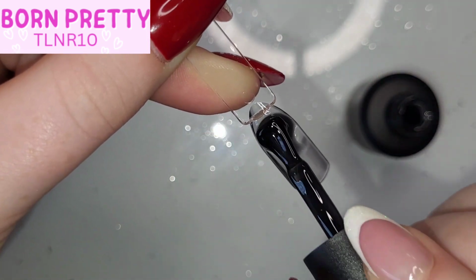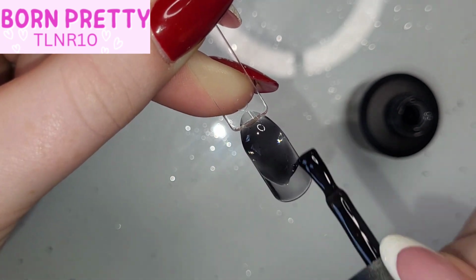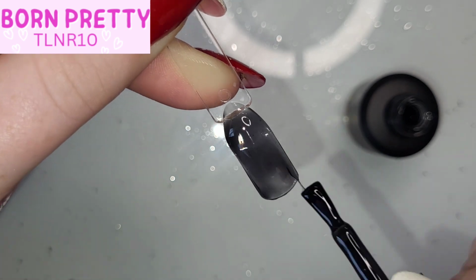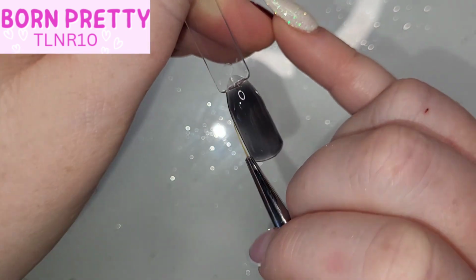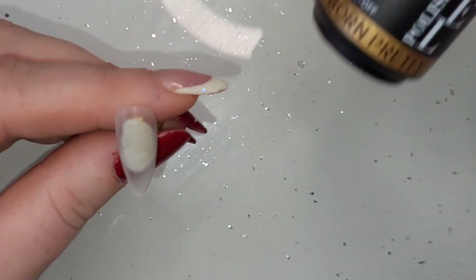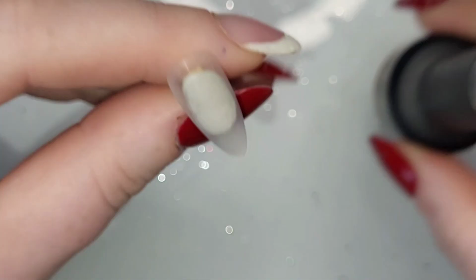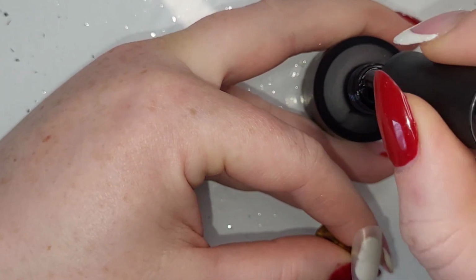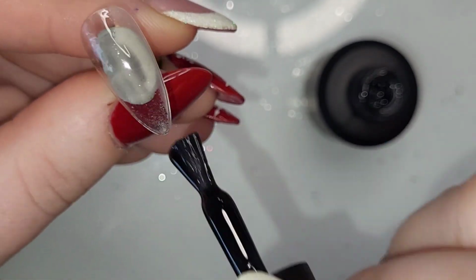So the black, I'm just going to treat it like it was like a builder or something like that. Nice thin coat, little slip layer first, and then nice big blob, wiggle it down the rest of the nail, flip it upside down, get a nice thin brush and pull around the edges and give it a cure. So I've grabbed 5 almond shaped nails, all the same size, because I just ordered a load of size 3, I think it was, from Beetles. So I thought they would be perfect